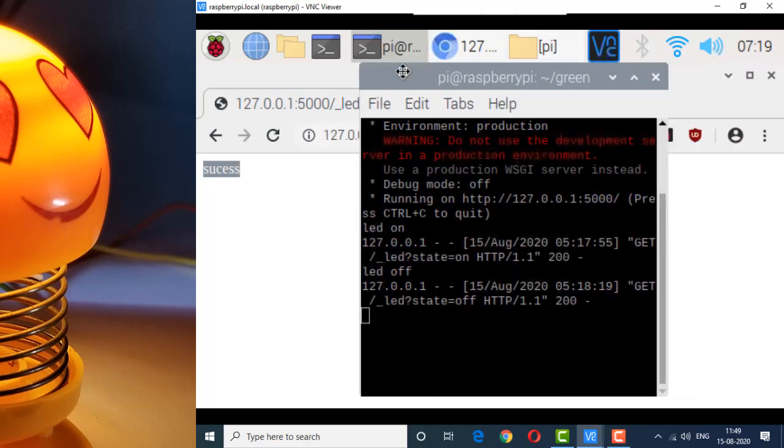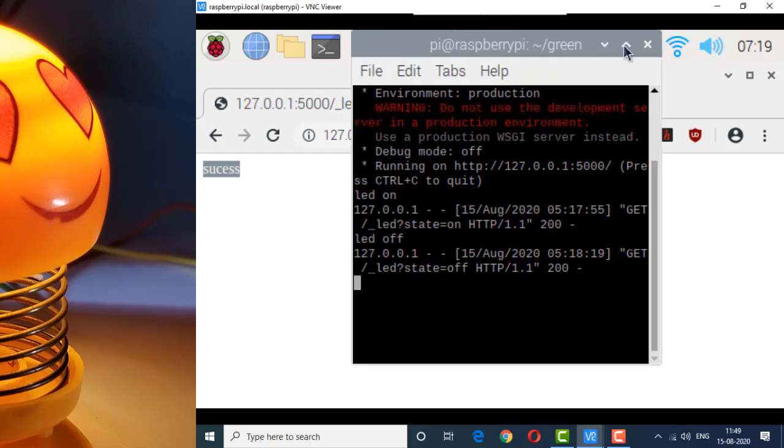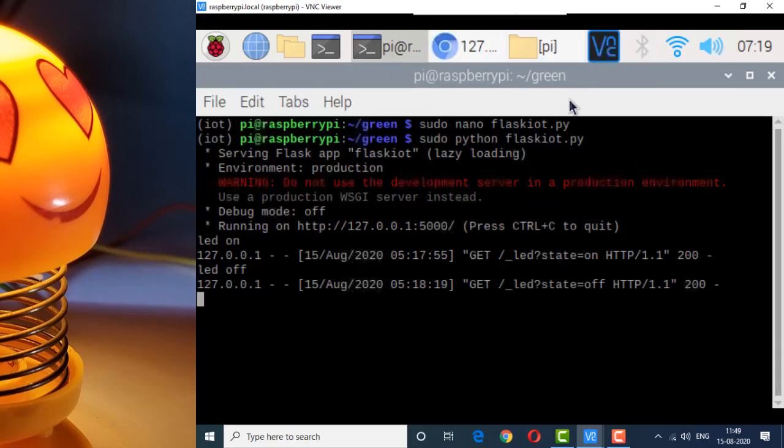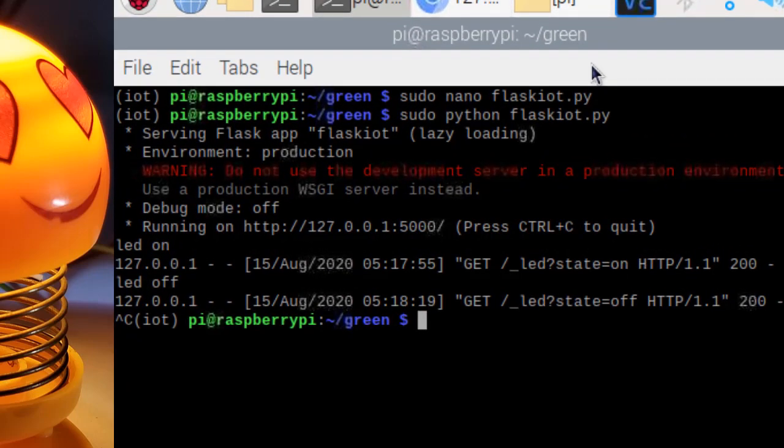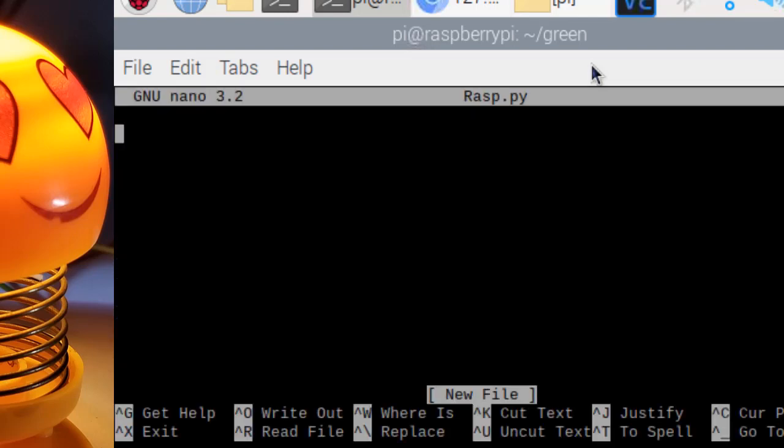Just click here. Yes, it opens. Already our Flask IoT server is running, and I just stopped this by pressing Ctrl C. It has stopped. And type sudo nano rasp.py. So we are creating a new Python file, and just type import